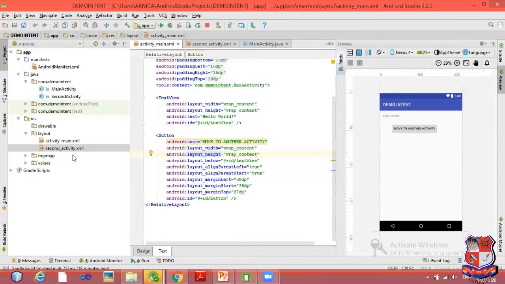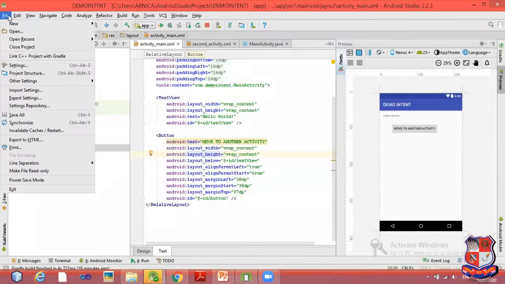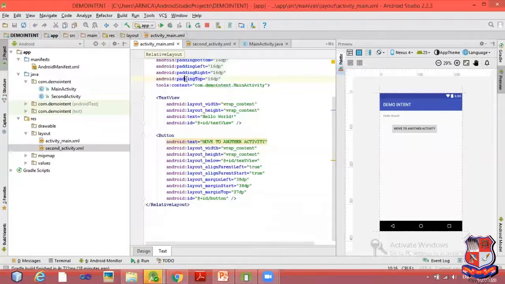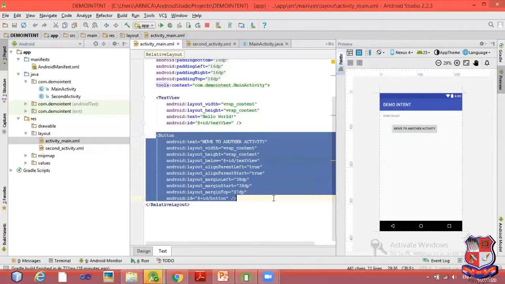For that, you need to create one project, and you can do that from File, New Project. I have already created one project called Demo Intent. So for designing, you can go through this. I have created the first activity called activity_main and taken only one button.